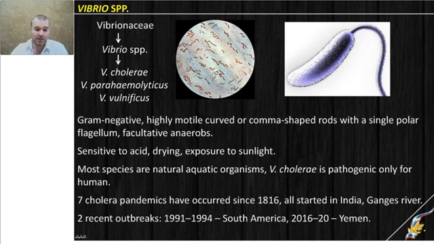Vibrio is very sensitive to some environmental factors. It prefers alkaline media, so it is very sensitive to acid, and people who have low acidity in stomach are more affected by diseases caused by Vibrio. Dry and exposure to direct sunlight are bactericidal for Vibrio, so bacteria cannot survive a long time period without water in open area. And naturally, Vibrio is aquatic organism, and a lot of species are natural aquatic organisms. Vibrio cholera is not an exception, and only human is susceptible to the disease, and Vibrio cholera diseases are described only in human.